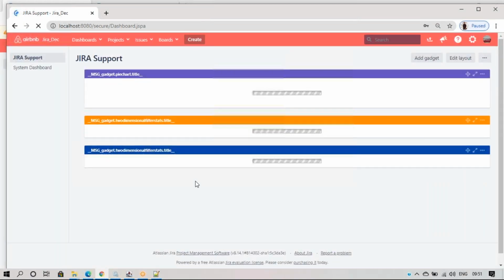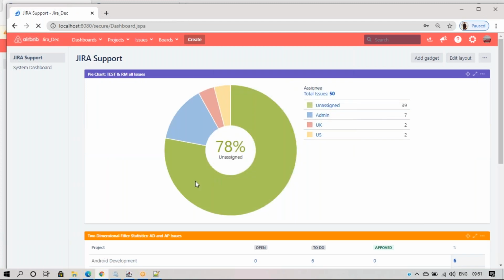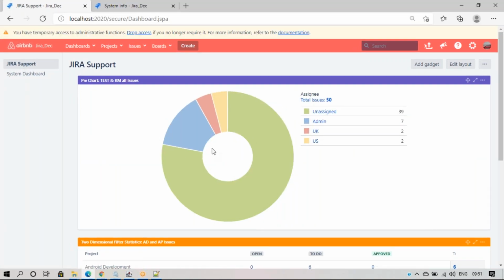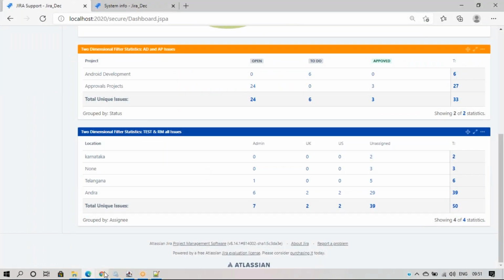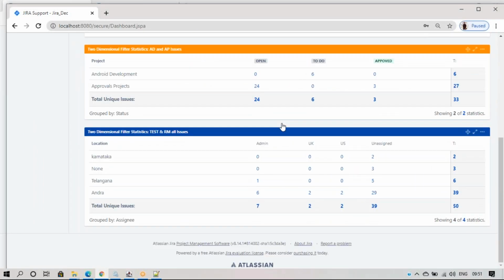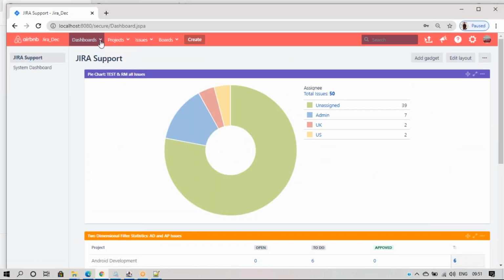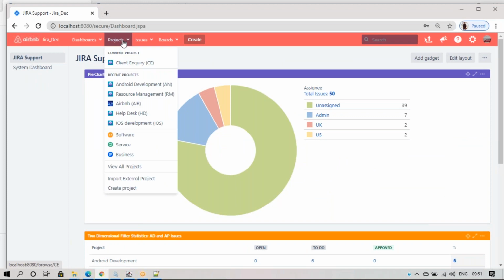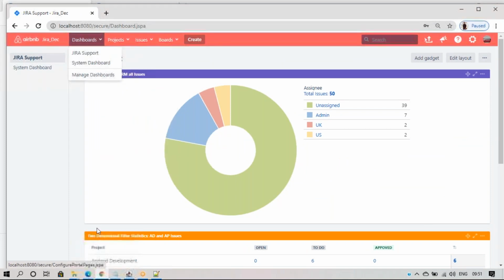Once you log in, it looks exactly like the production instance. See guys, same instance now. I can see the Jira support project here, and this is also the same. There are no differences, everything is the same. The count and everything, Jira support, system dashboard, and projects. If I click on all projects, they will be here in the 8080 now.